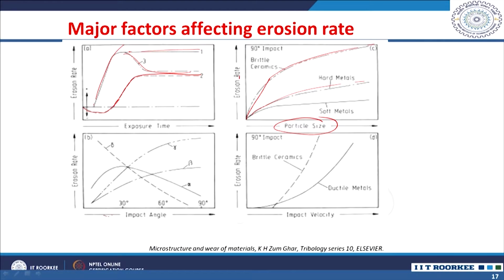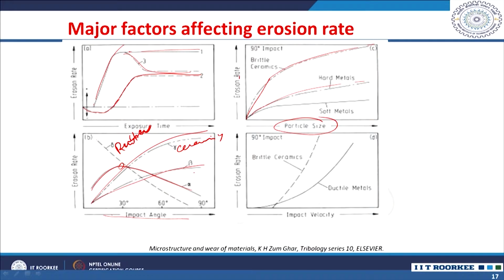With respect to impact angle, as we discussed, for softer materials the peak is at the shallow angles. For relatively hard materials it goes to 90 degrees or a normal incidence. Similarly, for a brittle material like ceramics, you will always have a higher erosion rate, at the same time the erosion rate reaches a maximum at the normal incidence. But for rubber or plastic materials, you can see as the impact angle is increasing, erosion rate is decreasing.